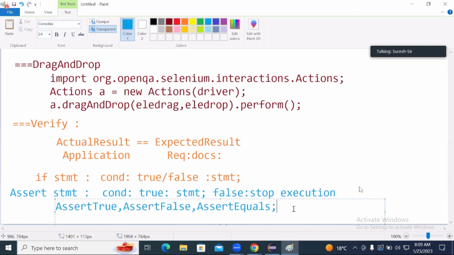If the requirement is that even though the condition fails, you need to continue the execution, then you will be using the if statement. If the requirement is that when the condition fails, you need to stop the execution, then you will be using